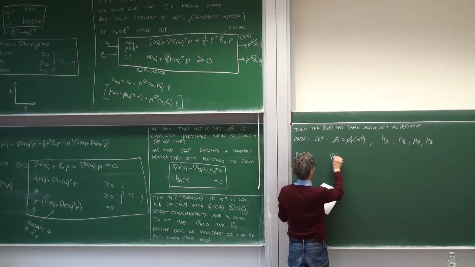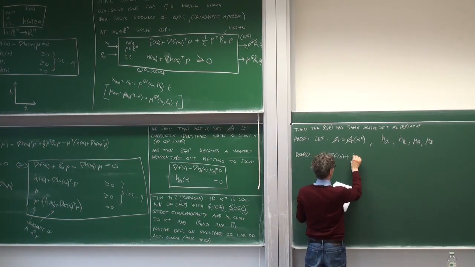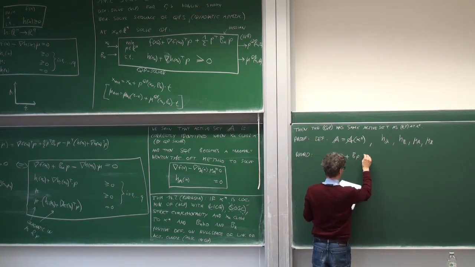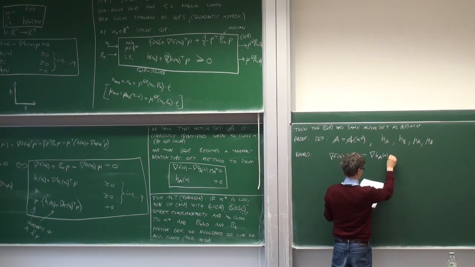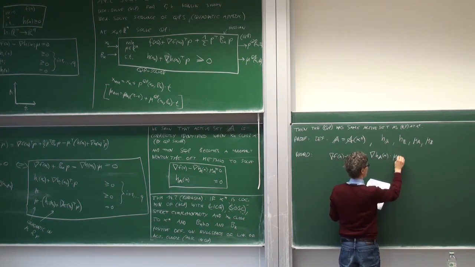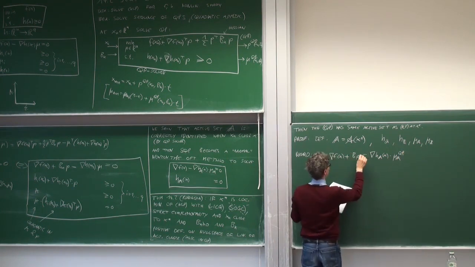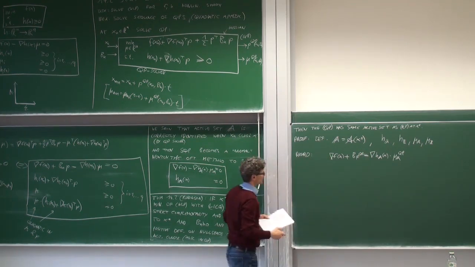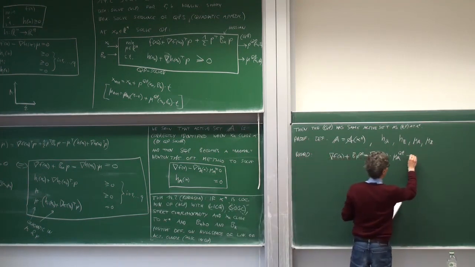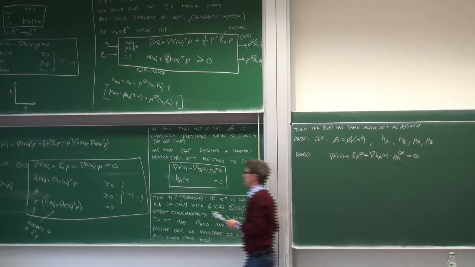So nabla f of x plus B p minus this constraint gradient at x times mu_A, and I give an index QP here. I think maybe it would be nice, and I will change the script accordingly to put a QP here as well. So I basically take the first equation from our KKT conditions, it's this one,